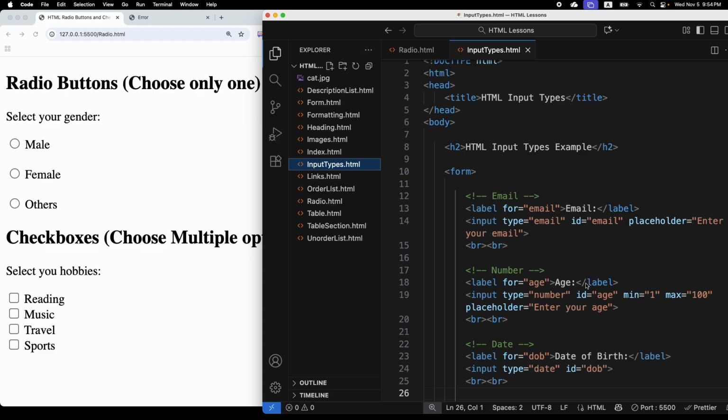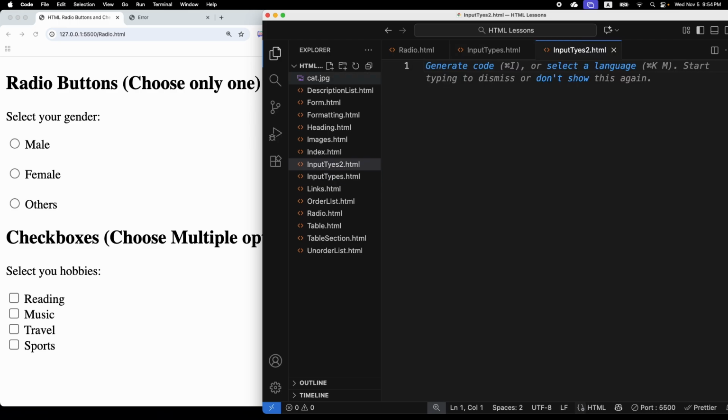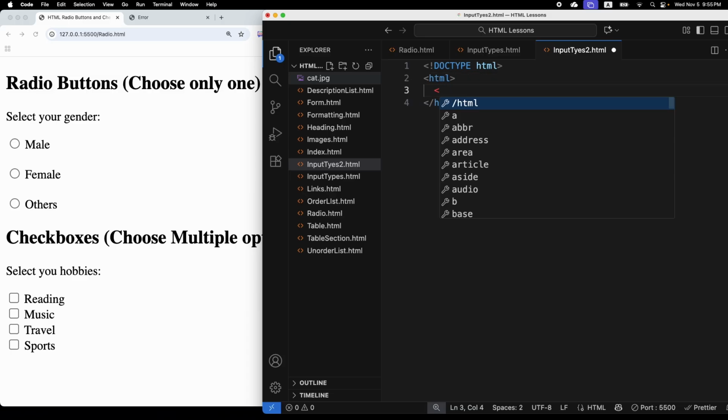Let's start coding. First of all, let's create a file and name it input types 2.html and enter. Inside this, create the HTML doctype and HTML element. So inside the HTML element we have the head tag, and also the body tag. Inside the head tag, let's create a title,